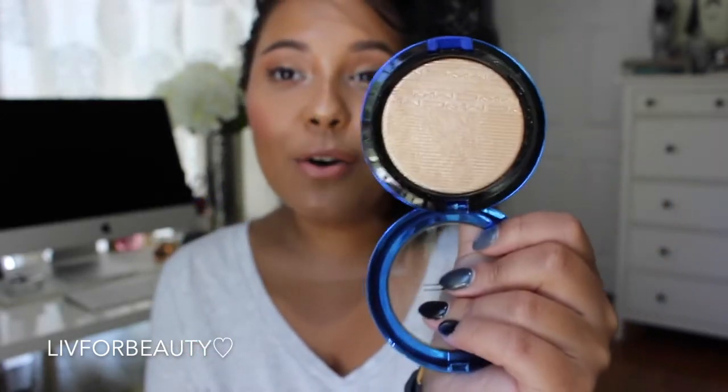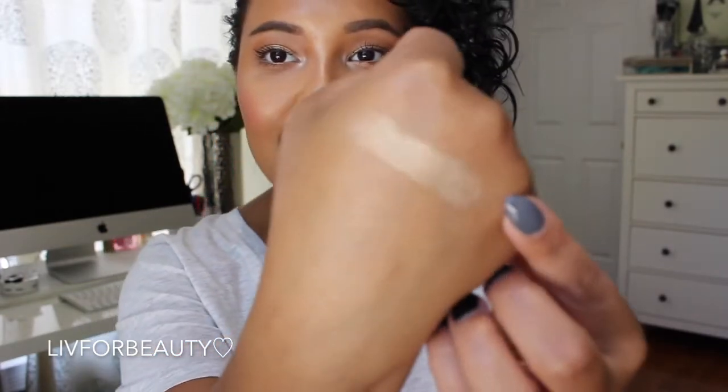So this is MAC Oh Darling. Use this sparingly because I don't ever want to run out of it because I love it so much. I think I'm going to bring this one on vacation with me. Okay, so this is MAC Oh Darling. Honestly,